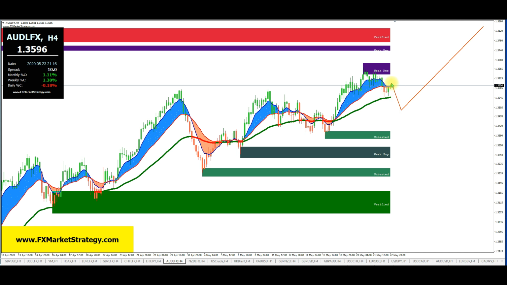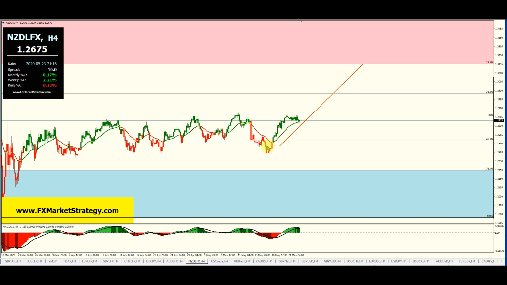Do not sell Australian or New Zealand or Canadian. We're only going to buy them. New Zealand, the same thing, only buy. You can see this area has been projected so many times. It's going to break it. This is going to be broken, and we're going to go to the top here. But is it next week or the week after? That's a doubt. So you can see this breaking to the top now, or you can see one small down,